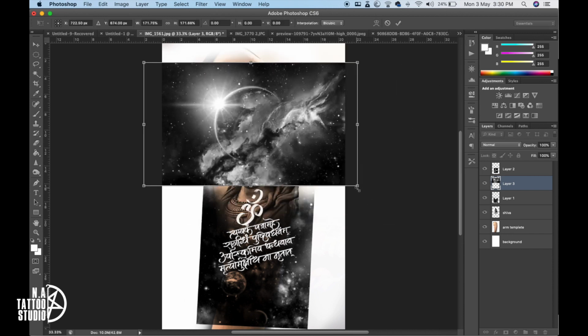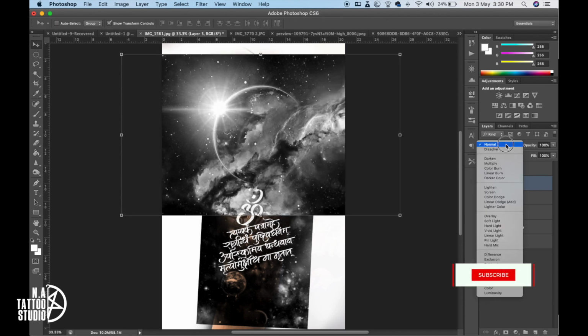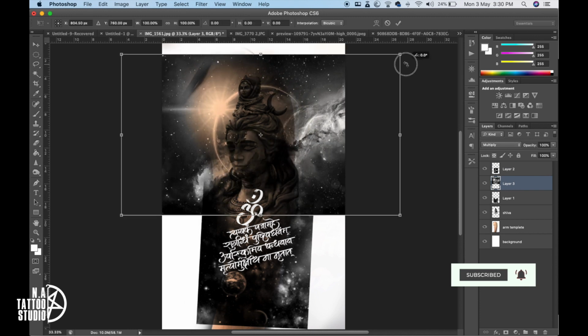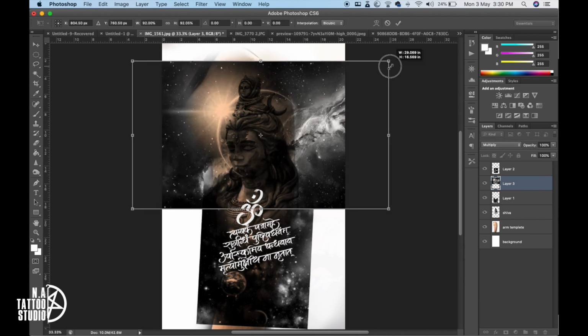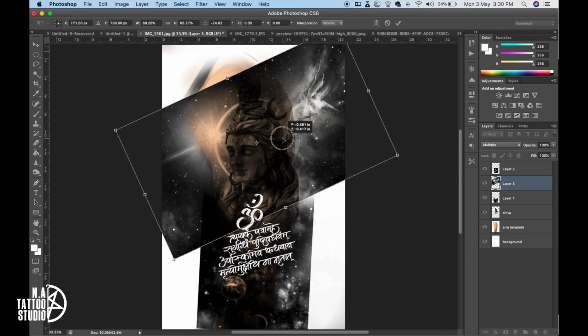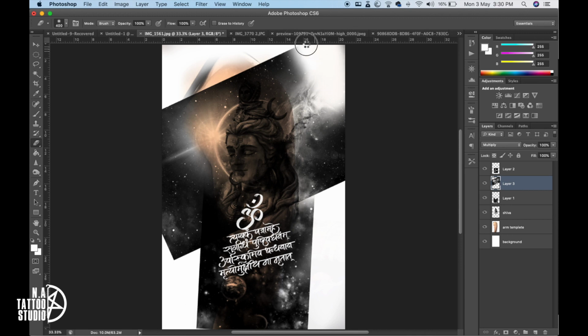Now let's resize it so that it fits better with our design. I'll use blending mode Multiply to see how it is coming up, and I'll reduce the size a bit. I feel it is looking good like this. I'll quickly erase the background in this image. I keep a margin from my template so that when I'm actually printing this design, I have a bit of margin to wrap around with the skin.